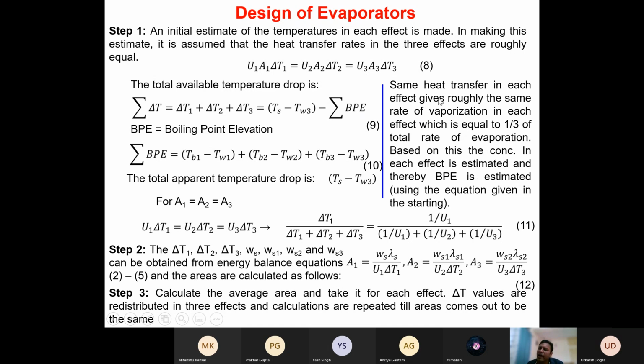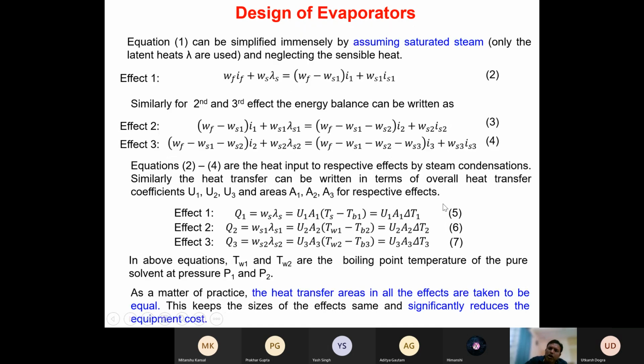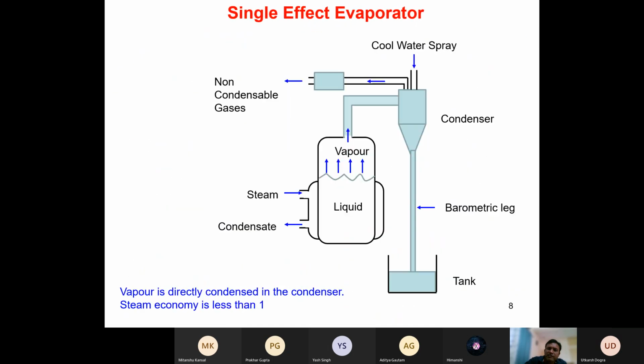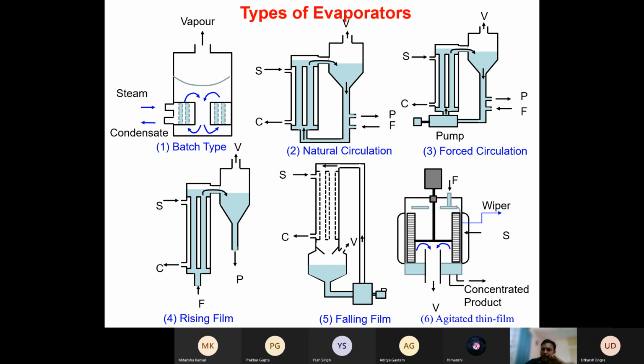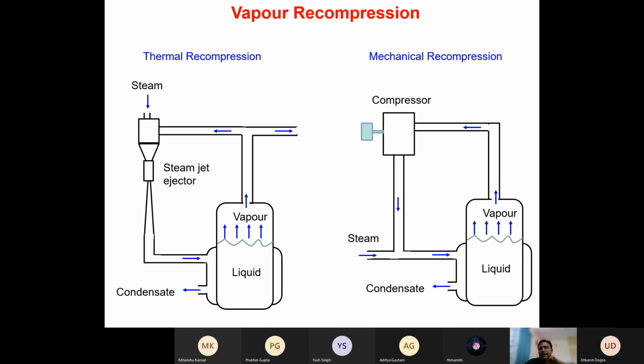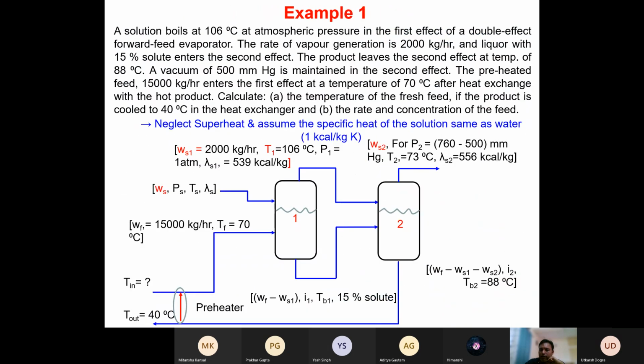Based on that, you can calculate the concentration of the solute in each of these stages. Once you know the concentration of solute in each stage, then you can use these equations and calculate the boiling point elevation. That is the way to solve the problem if the boiling point elevation is important. Otherwise, you neglect the boiling point elevation